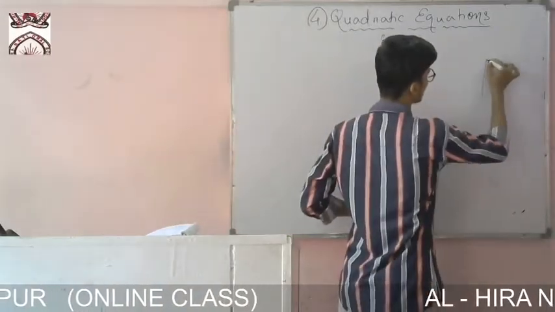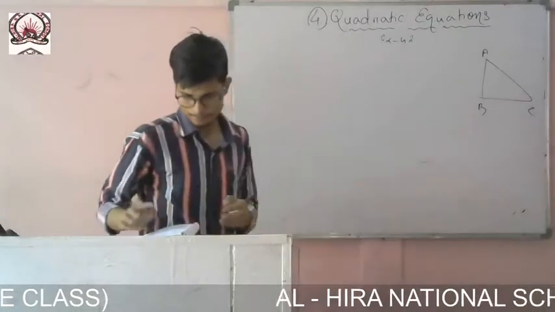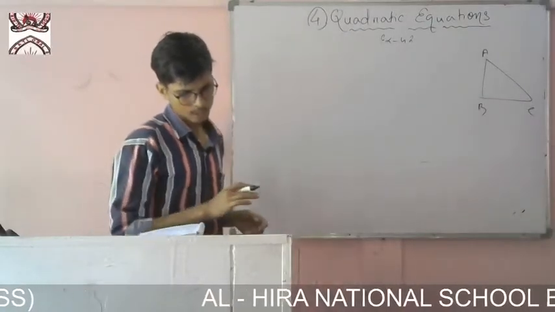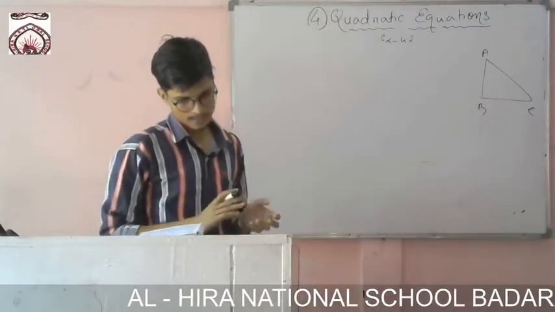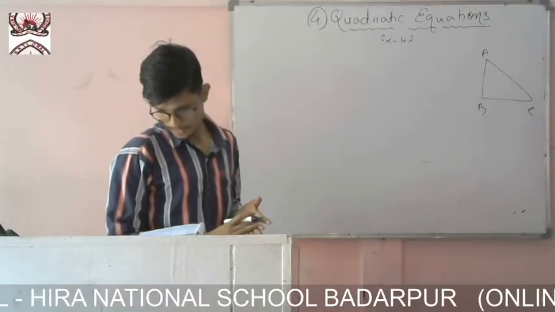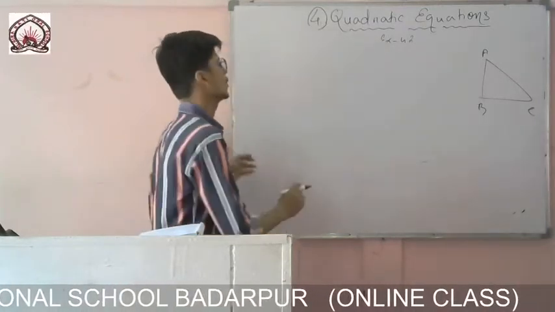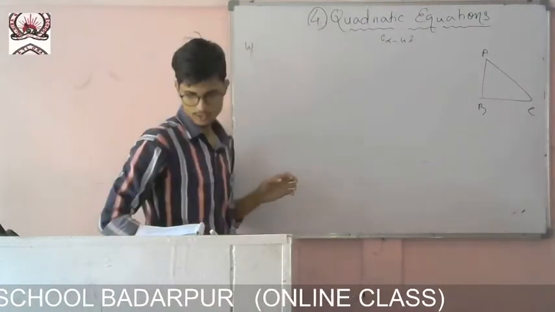If I draw the rough figure like this, A, B, C, I can relate the things. Okay. So here what is given? The altitude of the triangle, hypotenuse given. The altitude of the triangle is given 7 centimeter less than the base. So the relation is done with the base. So we'll write, let the base of the triangle be x.